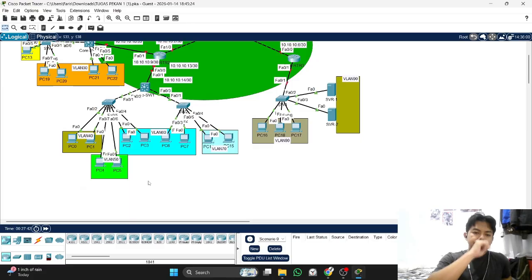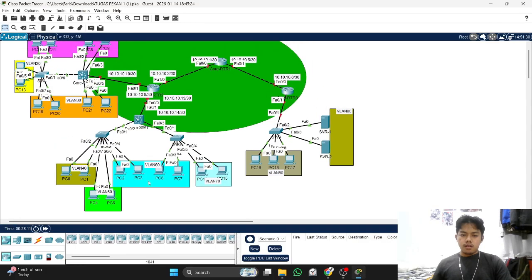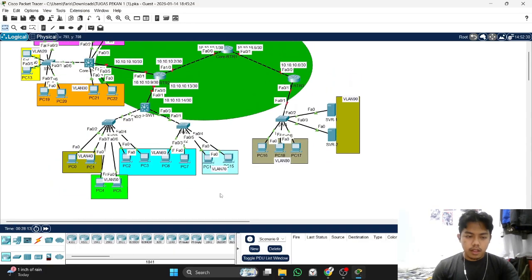So I think I will not explain too much on this step because the step is very same. Yeah, but there are some add-ons, like VLAN is more than before, but it's the same.